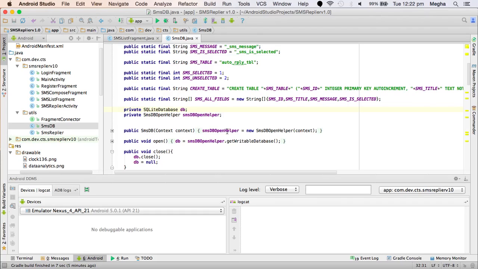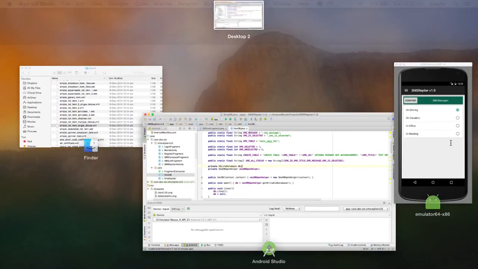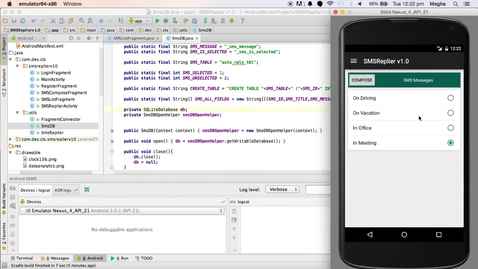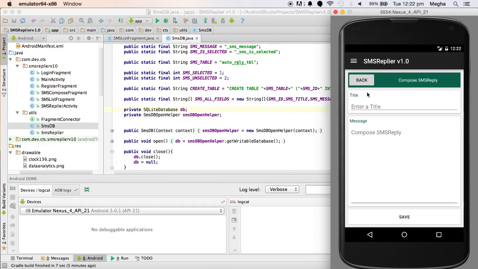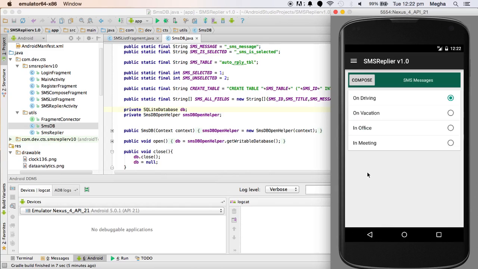So far we are spending much time on the UI, but which is still good, because the UI design technique is very important as far as mobile application development. So somehow we are doing it pretty much more. So now we have to work on how to send the automatic reply using our broadcast receiver or service, and we have already made sure the compose and these things work. And let me synchronize with